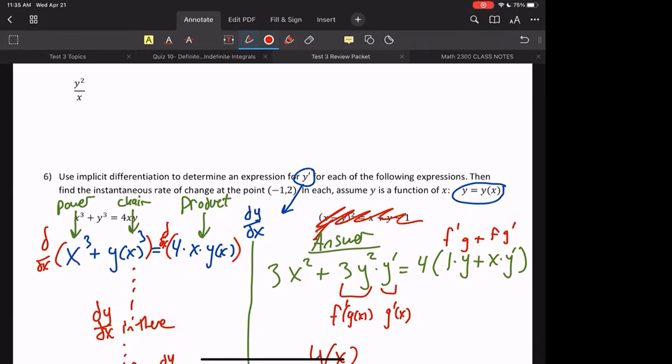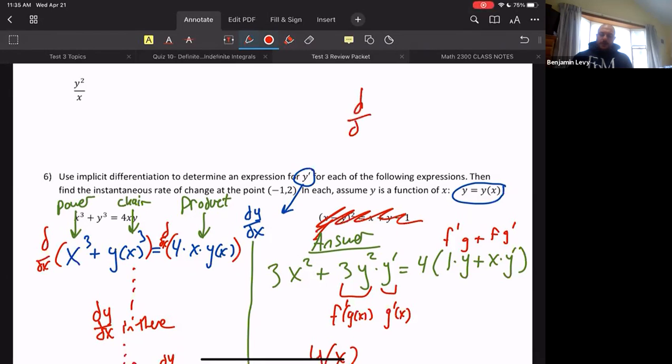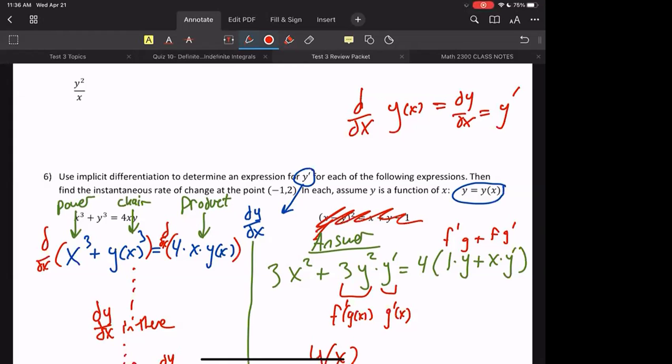So then the y to the x again would just be another mini chain rule. You don't gotta do too much work. It's just kind of like following the procedure. When you do d over dx of y, and there's an x in there, it just becomes dy dx, which is just y prime. So it's kind of a chain rule. So every time you do the derivative of y, it's going to become y prime. Yes, that's right. I'm just trying to figure out how you got the x in front of it, because the y prime makes sense.